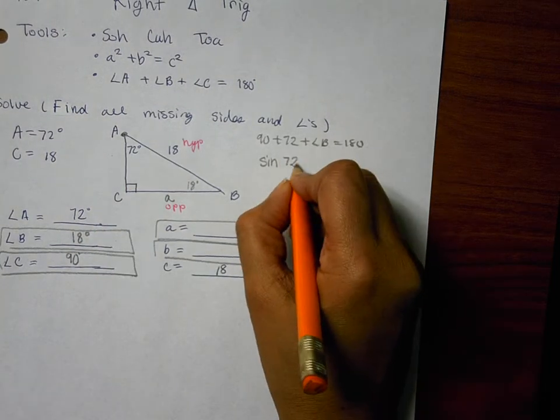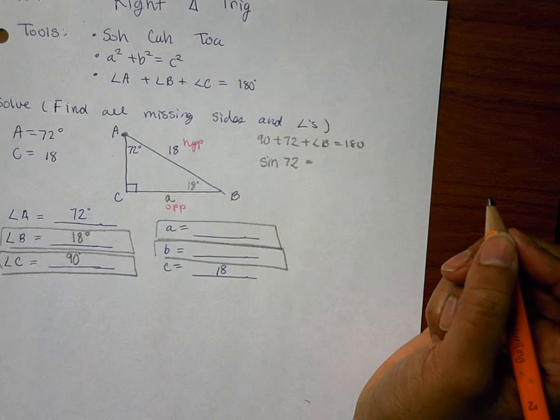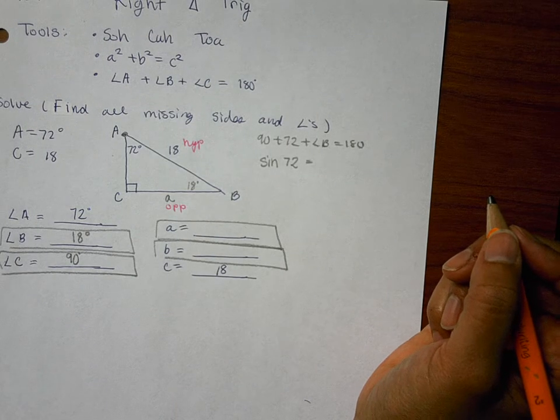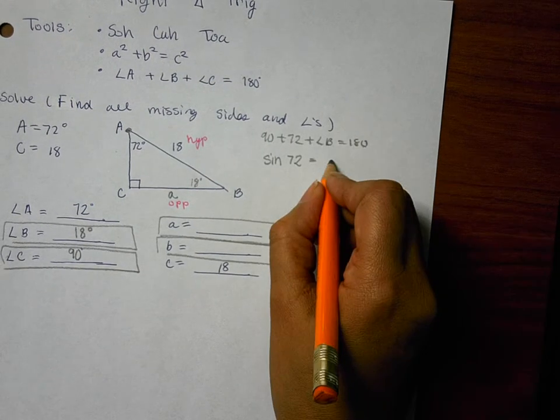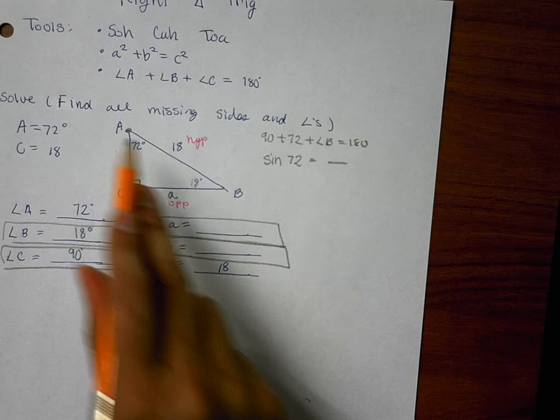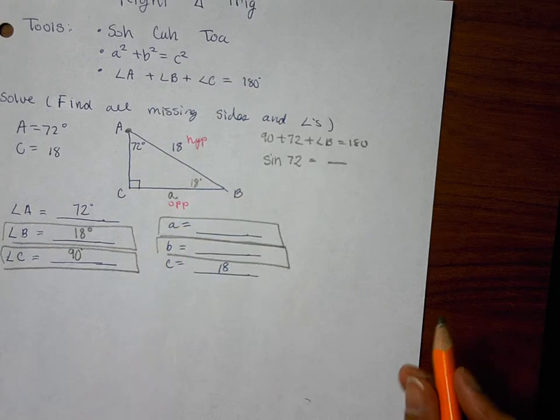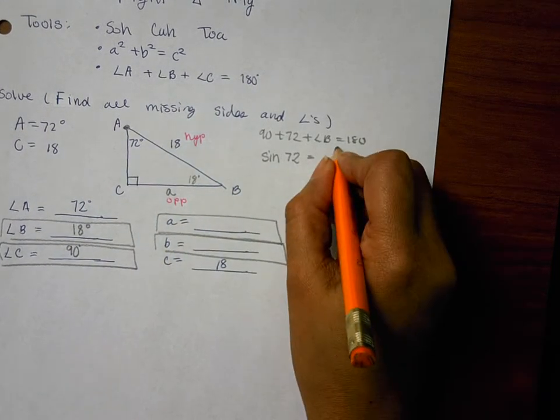72, unless any of you are using 18. Is anybody using 18, which is perfectly fine? No one? Okay, so what's my fraction going to be? Sine of 72 equals opposite over hypotenuse. What over what? A over